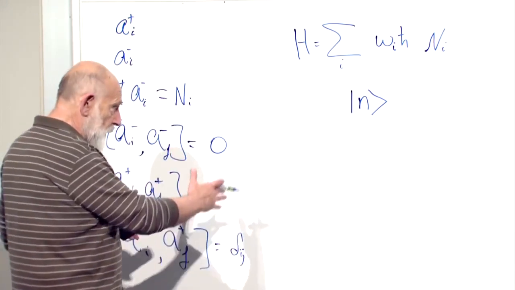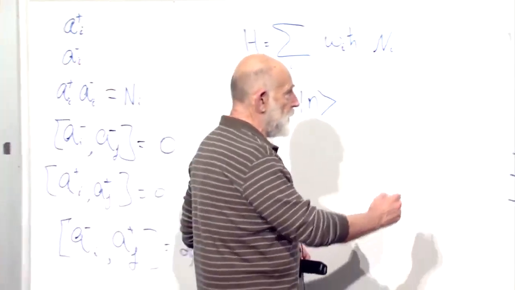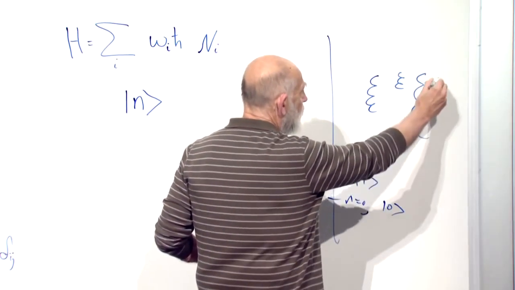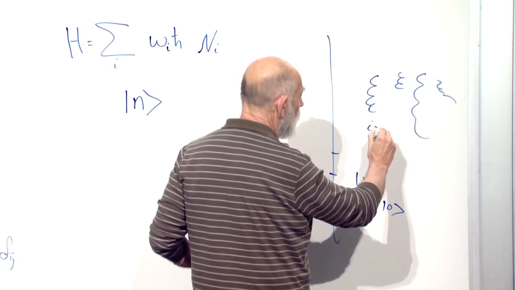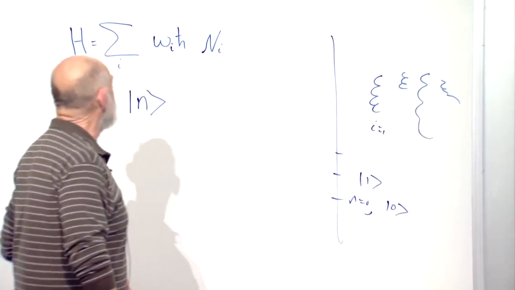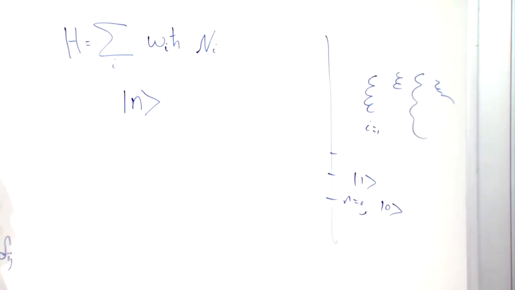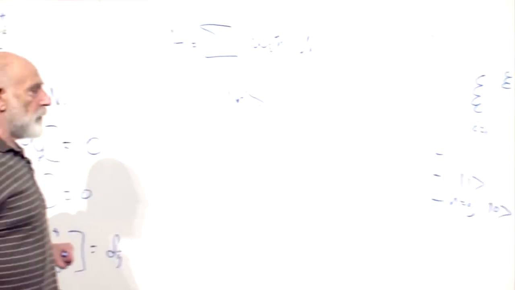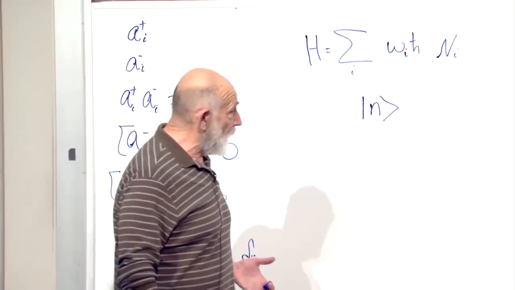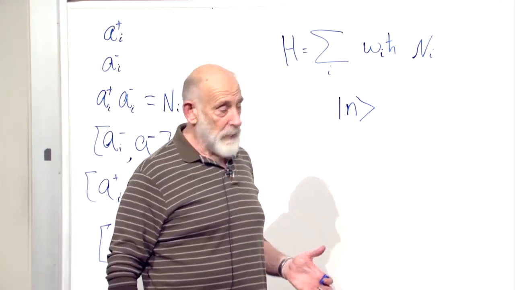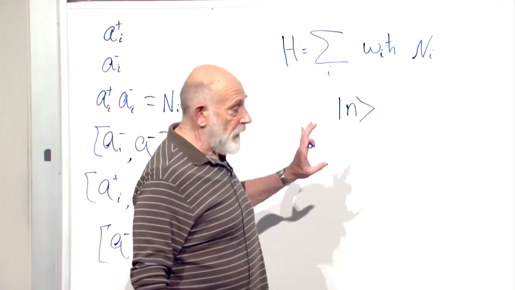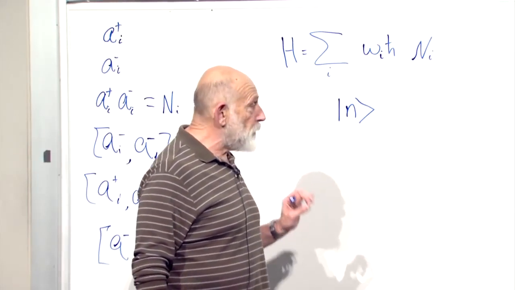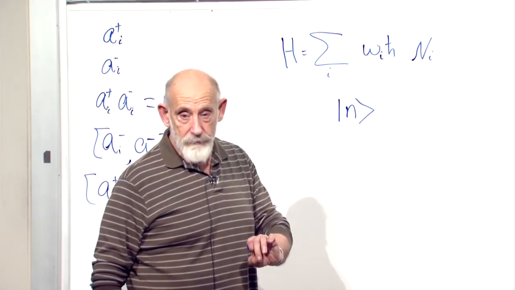That's a state. What if we have many oscillators? And I now imagine that I lay them out. There are many oscillators. Here's the first one over here, second one over here, third one over here, fourth one over here. I equals 1, I equals 2, and so forth. Then, in order to specify a state, I have to specify the occupation number, or one way of specifying a complete basis of states. One way of specifying a basis of states is to write down the occupation number of each oscillator.